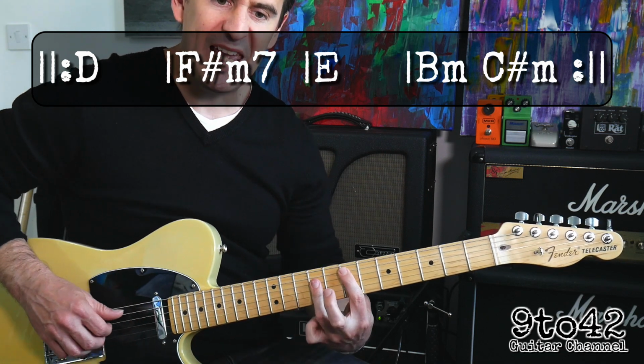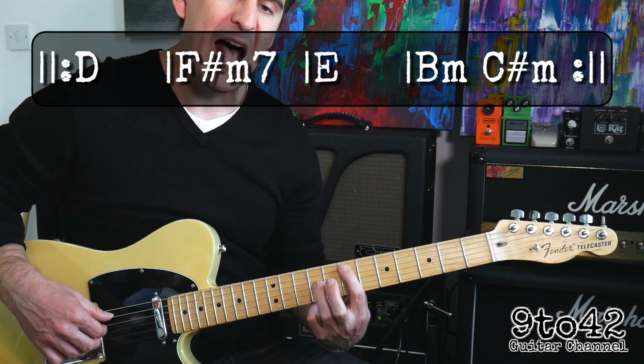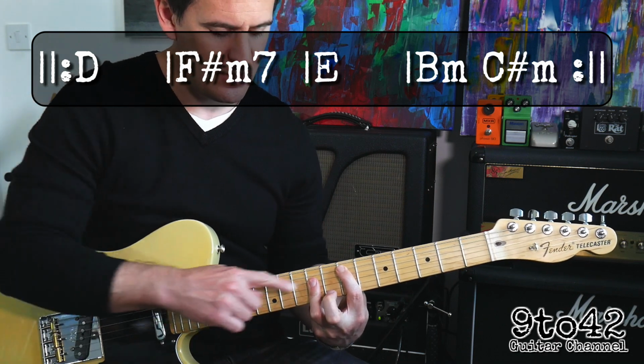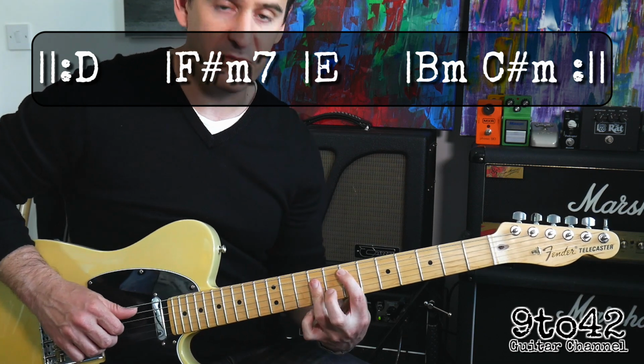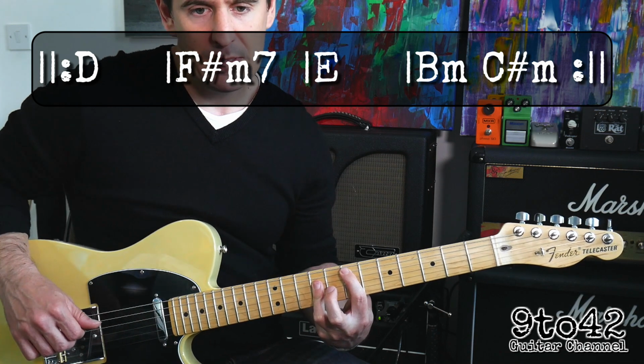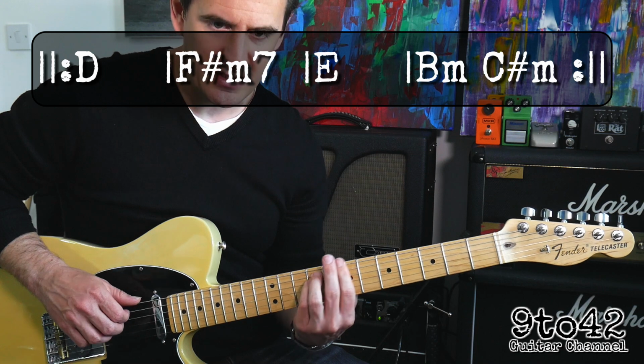And then the next chord is an E chord, which is the same as your D chord, but up 2 frets. So first finger, A7, third finger on the 9th fret going D, G and B strings. Again, you could use the 3 different fingers if you like. So that's the E chord, and then it's going to do a B minor chord, and then a C sharp